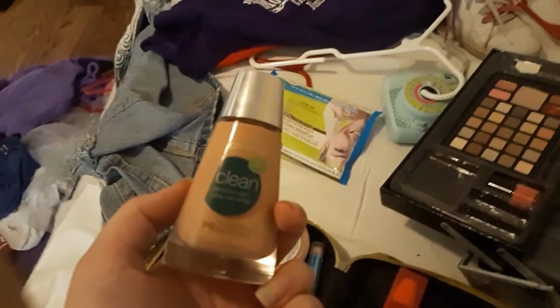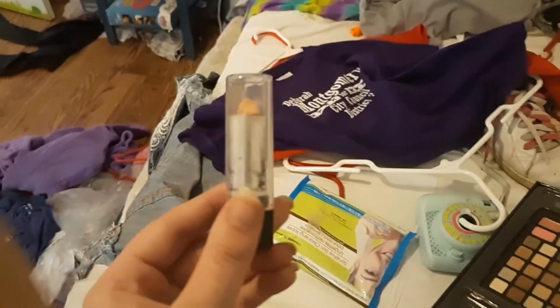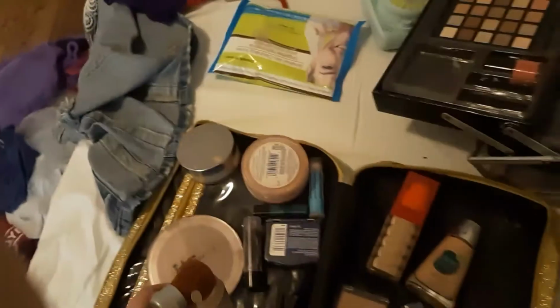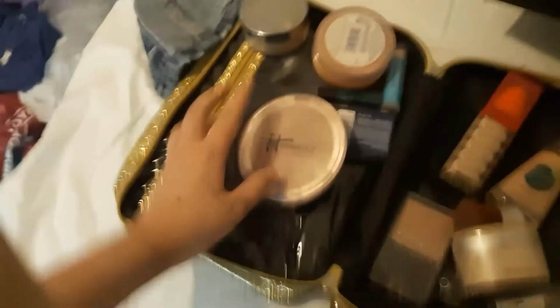Revlon Age Defying foundation, and just in case that doesn't work out, we have Revlon Clean foundation for sensitive skin, a Color Mattes blush case, a Maybelline darker bronzer blush thing, a stick contour, sorry for the mess. This Mineral Wear Physicians Formula, the It Cosmetics,